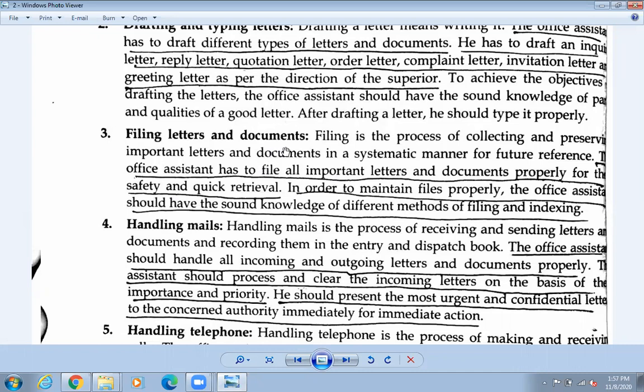keep it in a very safe place. Filing is the process of collecting and preserving important letters and documents in a systematic manner for future reference. If you keep it in the file, it will be safe. Suppose you go for a medical checkup and your reports show a serious illness. If you just leave them lying around, the letters can tear. Since the ink is made of powder, the color printed in your books and the photocopy papers are printed with the help of powder, carbon. If you keep rubbing it, it all fades away.